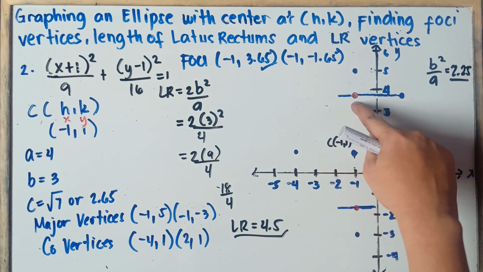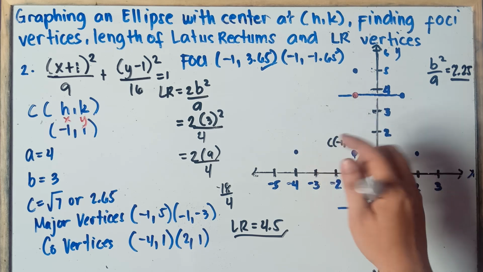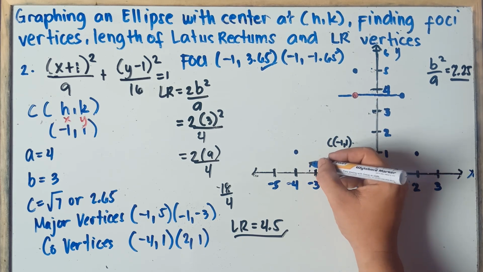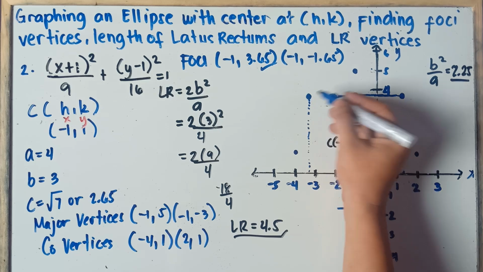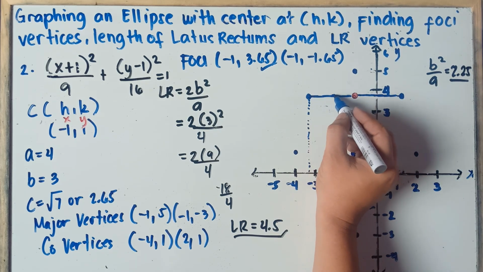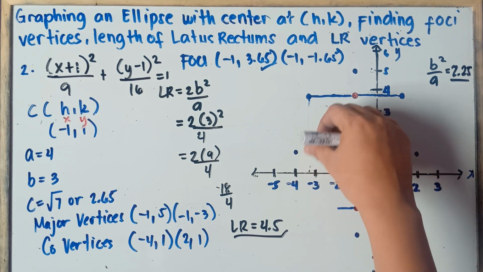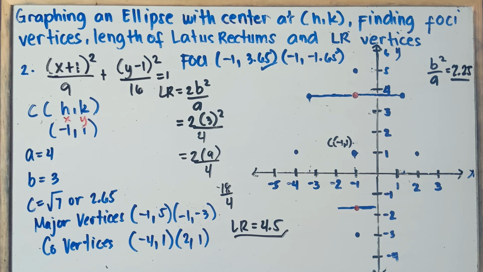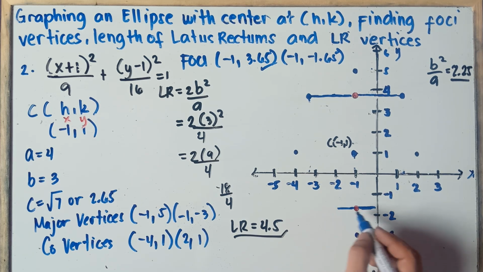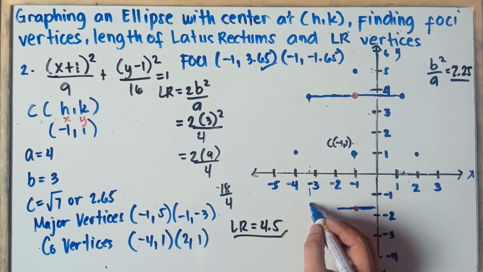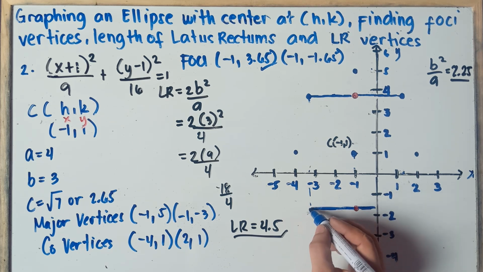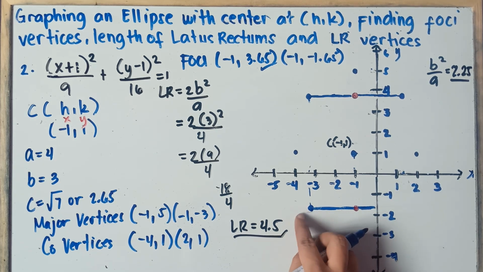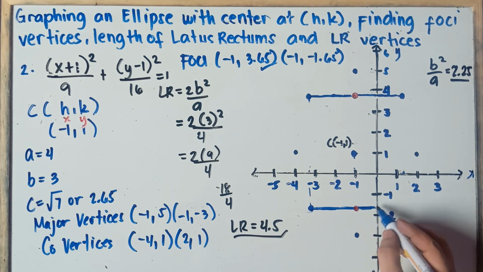Alright, going to the left, starting from the focus: 1, then 2, then this one right here. Once again, class, simply estimate. So this will be our second vertex for the latus rectum. Alright, and same, class, for the bottom part of our focus. Once again, we move 2.25 units going to the left and then going to the right. So going to the left, 1, then 2, so same, this one. 2.25 units: 1, then 2, then 0.25. And on the right, 1, then 2, then 0.25.